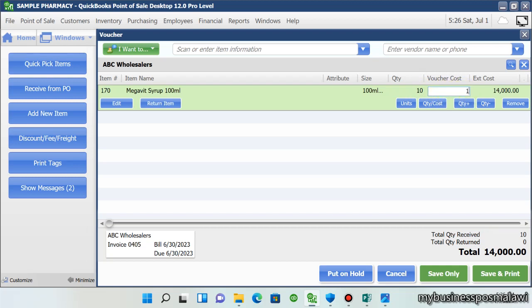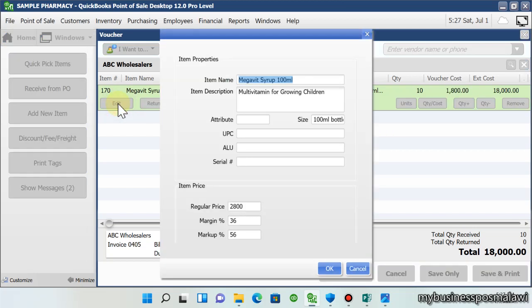So it means the price has gone up. We have bought at an expensive cost. For that matter, we'll need to edit these items. So we have a little edit menu here at the left. We'll click edit. On edit here, we can edit